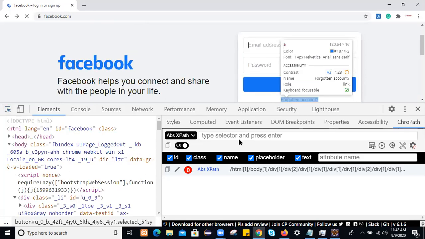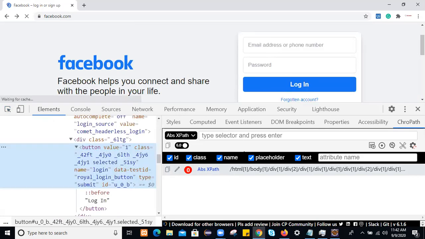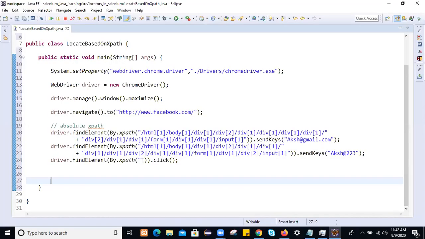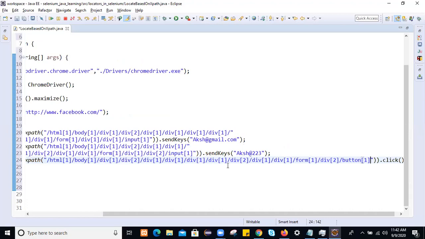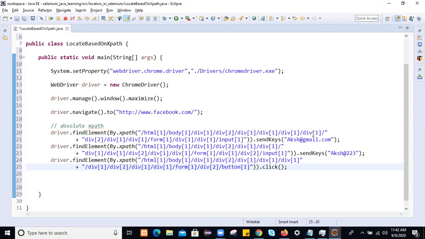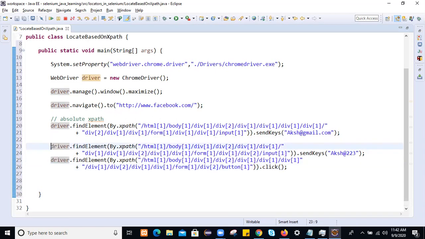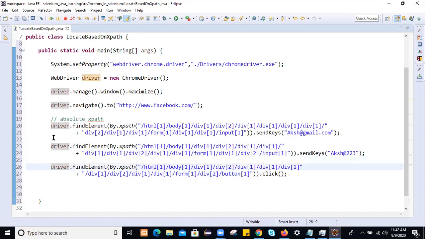So this is the absolute XPath for the login button. Copy this, move to Eclipse and paste that XPath. For proper readability, I will perform the click operation. This is for locating the web element based on absolute XPath.